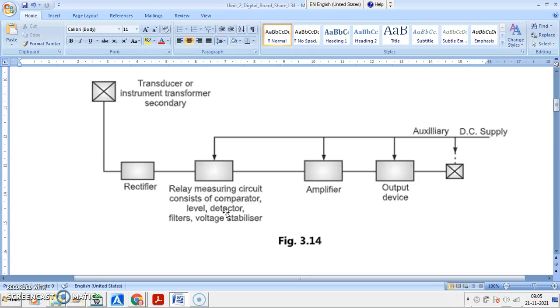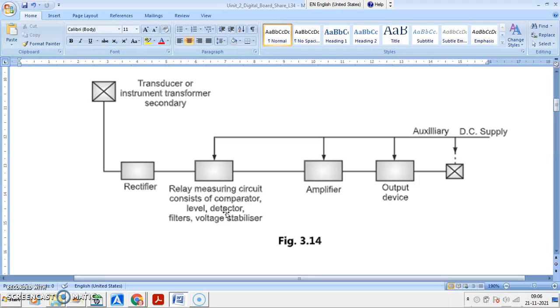Resetting and time overshoot. It is easy to reset. Less time of operation, less than half cycle, even less than a quarter cycle, because when a relay has less time of operation, isolation of the circuit will take place as early as possible. A single relay can be used for several functions: the same relay may be used for over voltage protection, under voltage protection, or frequency, so you can have a combination of operations.